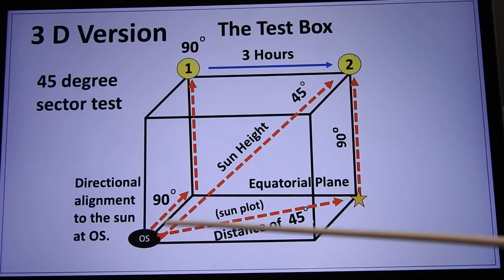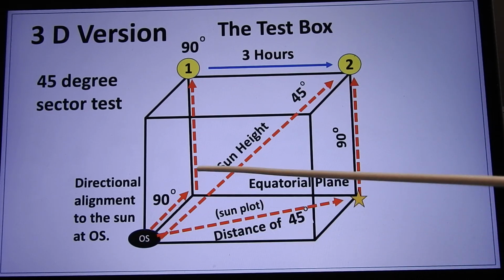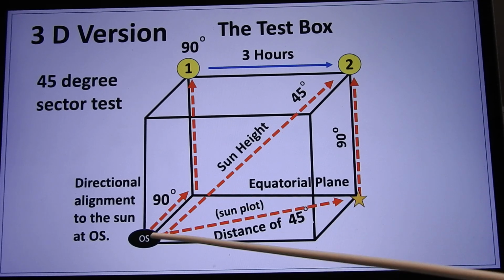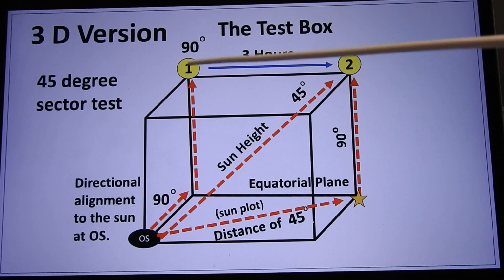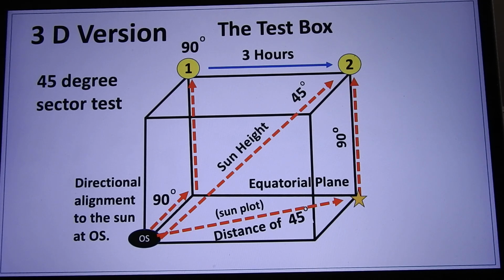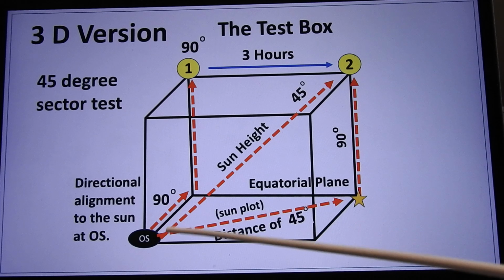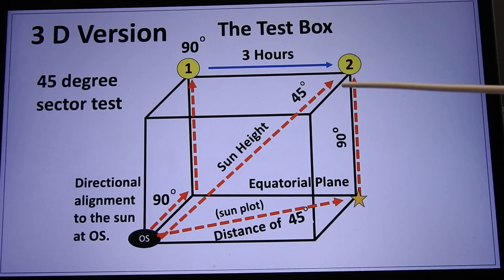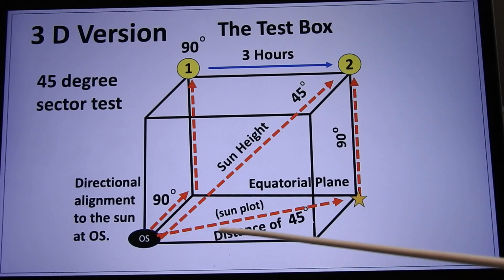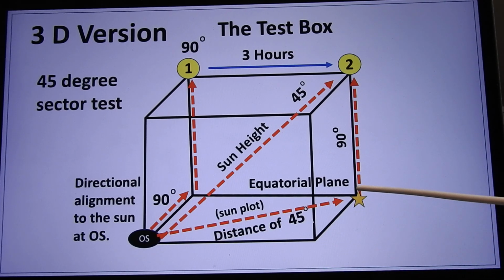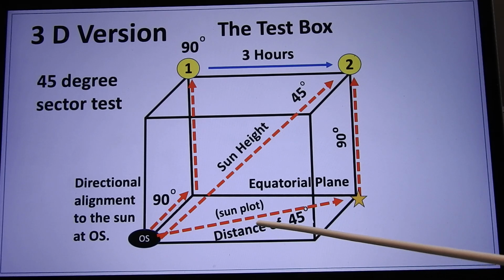Our OS, we're on sun position 1. We're on manual linear alignment, not vertical alignment, linear alignment. We use a compass and a marks device to get on magnetic north. We get solar noon. And then we have two methods of timing. Time set, if we're using 3-hour time set, we take a vertical angle measurement from the OS to the sun's position, sun position 2 at 3 hours, or we use the sun plot method,